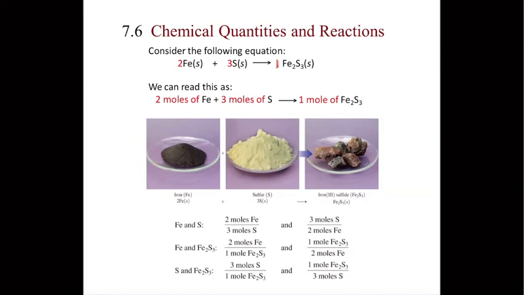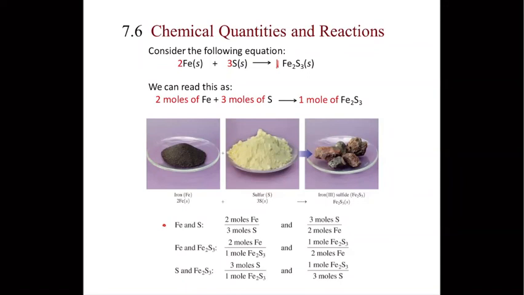So as you can see in the bottom, we are placing as a fraction, okay, the different relationships of the components of this reaction. So for example, in the first one, we have iron and sulfur. So we are relating 2 reactants in the reaction. So 2 moles of iron, you see, over 3 moles of sulfur. All this means is that in my chemical equation, these 2 quantities are going to be related to each other based on my balanced chemical equation, okay? You can see, you can